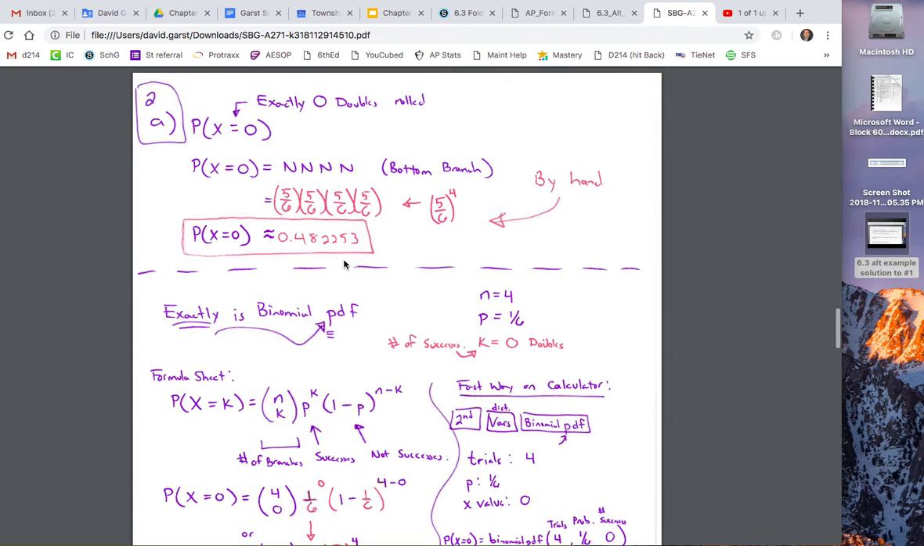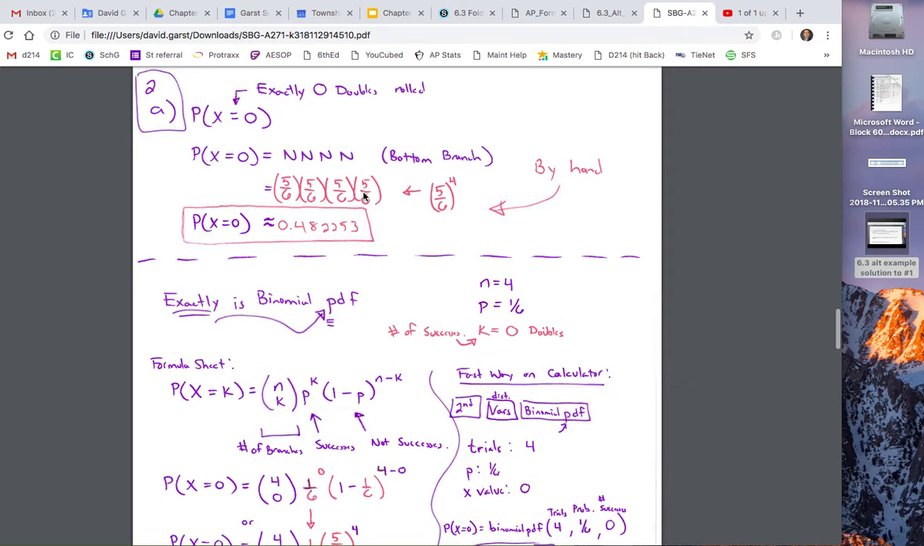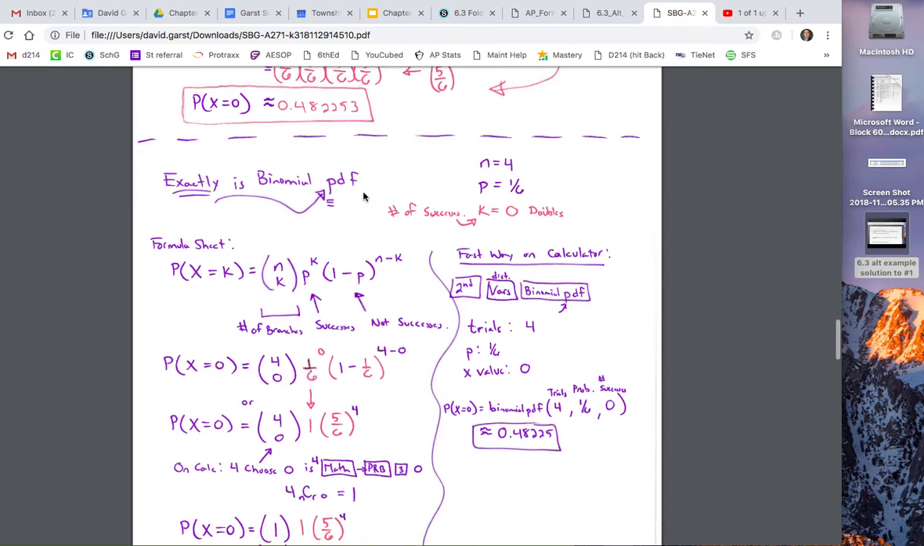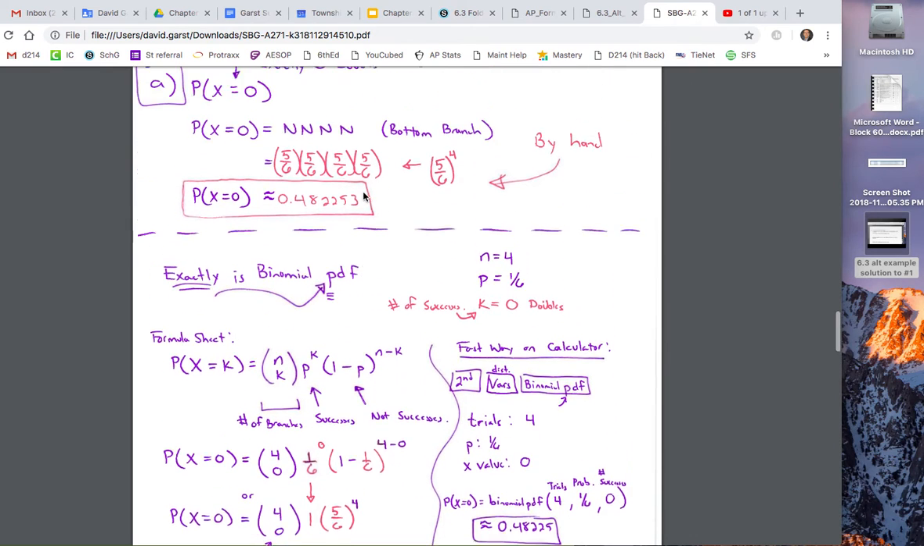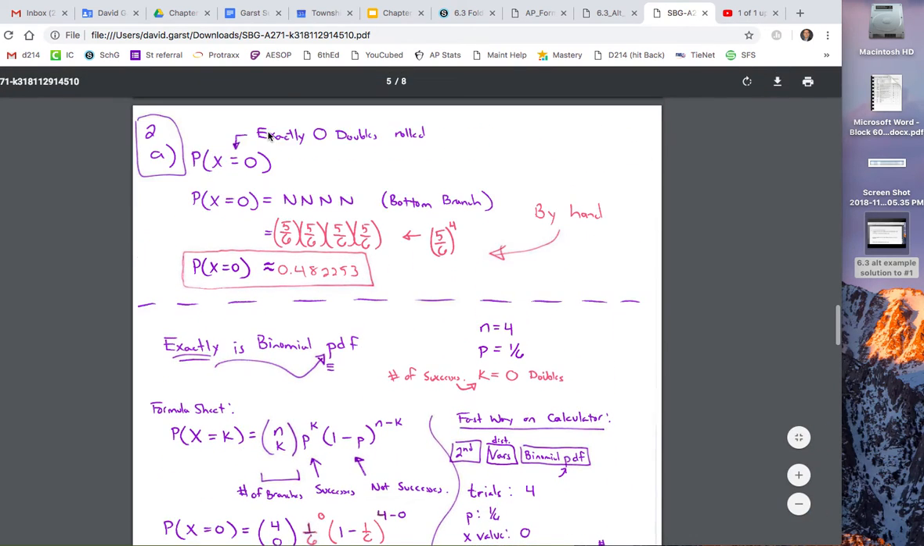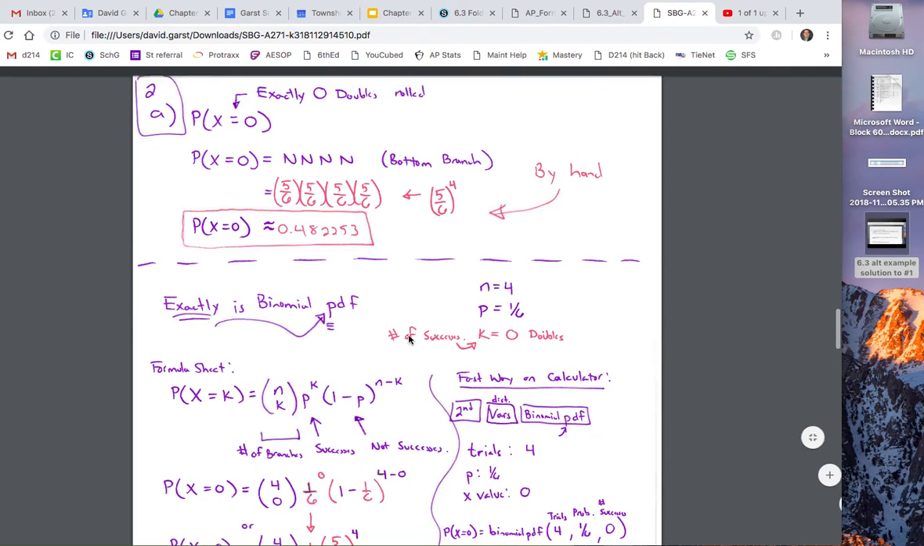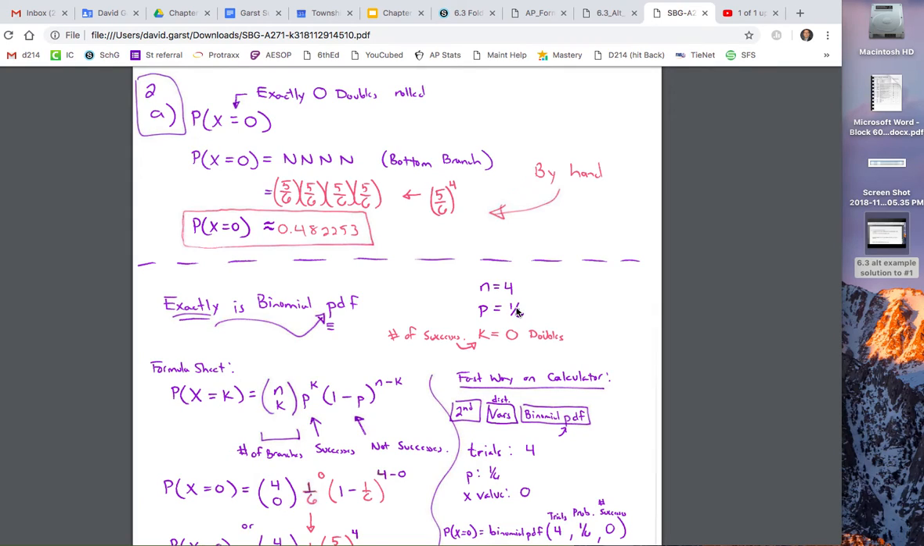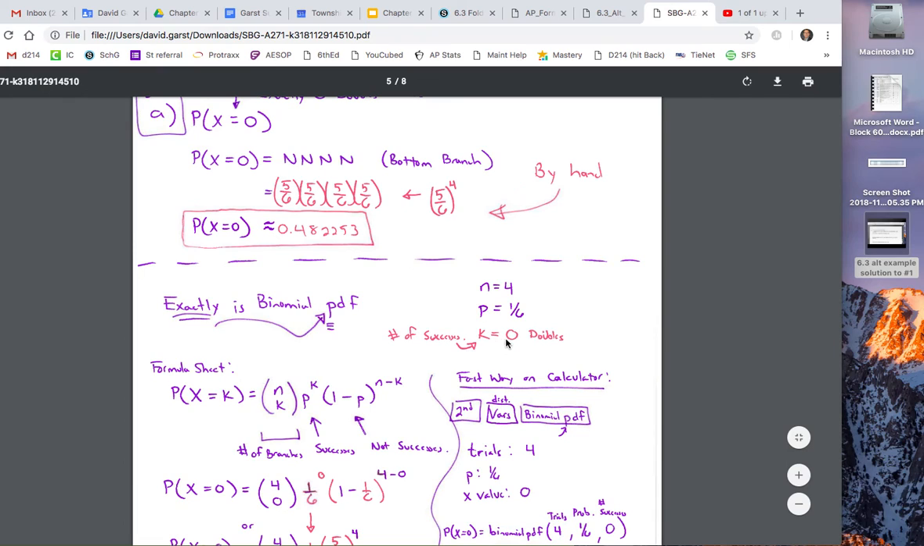Now I know in part A, we were able to do this by hand, but I do want to show you the tools we're going to use for the much harder problems coming up. Anytime a problem asks you to find exactly 0 doubles or exactly 1, whenever you see an equals here, we're going to be using binomial PDF, the probability density function. Okay? And n equals 4 trials, p is 1/6, and in this case, when x equals 0, we're talking about